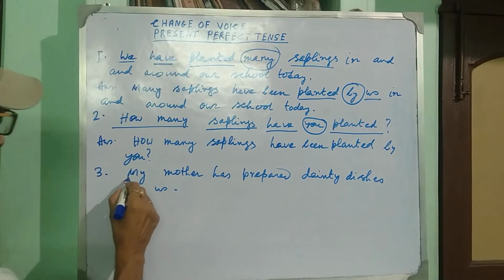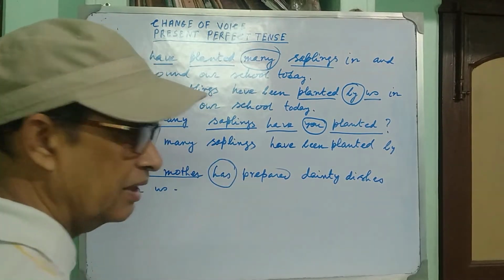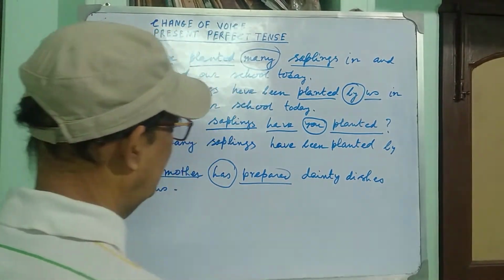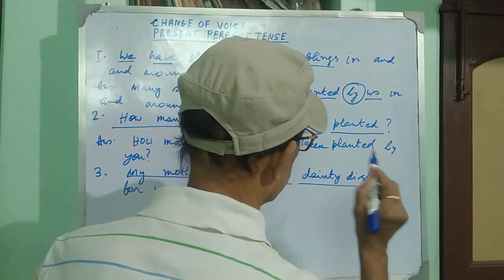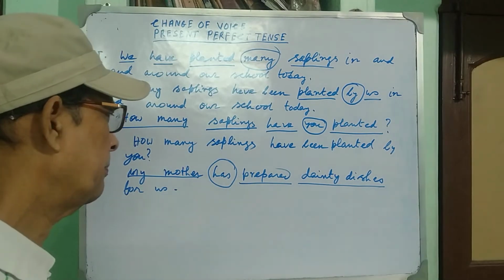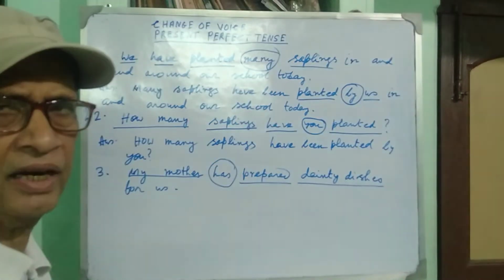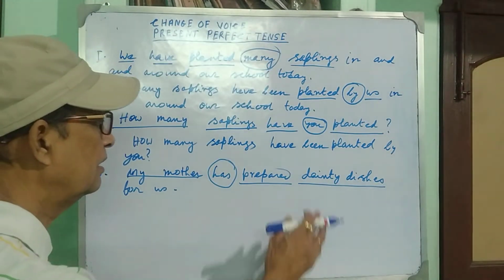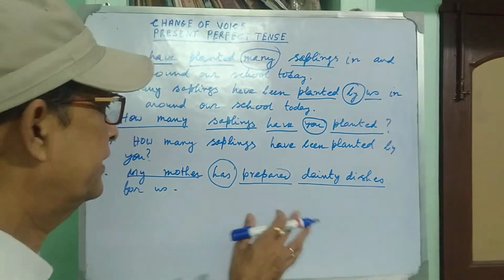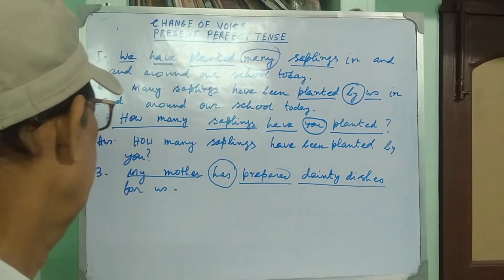You see, my mother is subject. Has is auxiliary verb in the present perfect tense. Prepared is principal verb. Dainty dishes, object. What has my mother prepared? And it will give you an answer in a very straightforward style: dainty dishes for us. সোজাসুজি উত্তর দিয়ে দিল dainty dishes for us। ভালো ভালো ডিশ, ভালো ভালো খাবার।